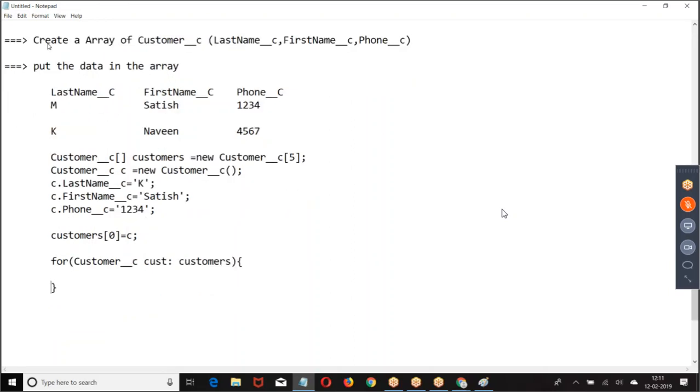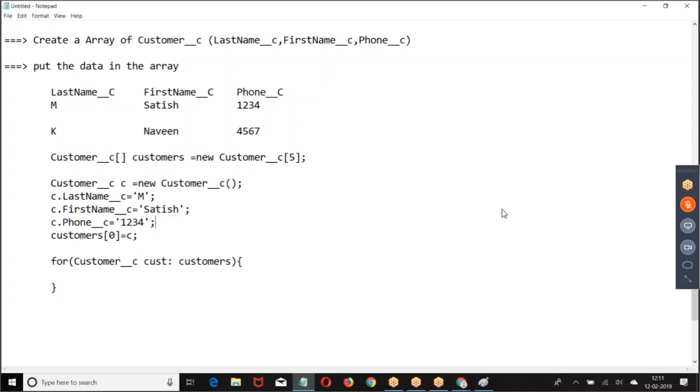Now I have taken them as custom objects. Underscore c because it is a custom object. Underscore c is because it is a custom field. It is a custom object and it is a custom field.